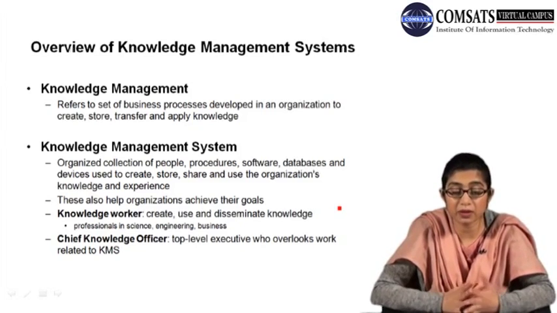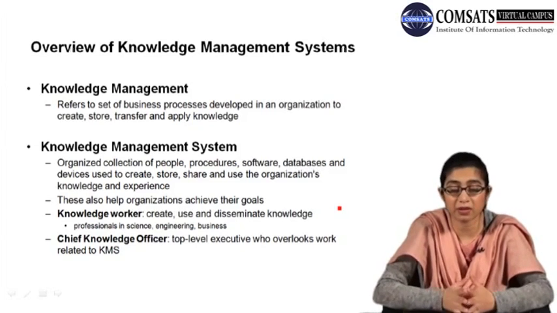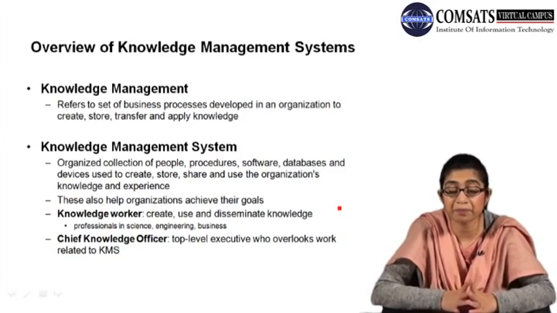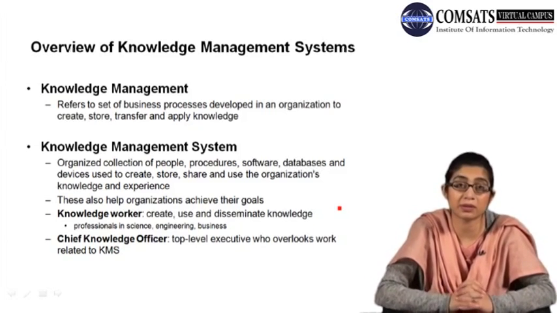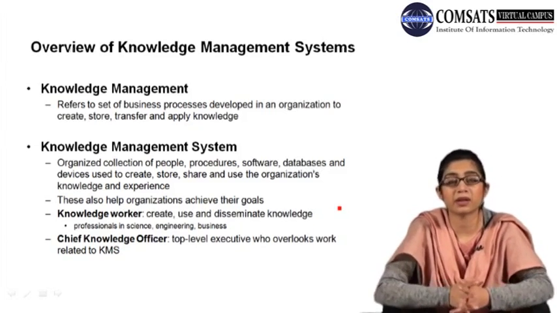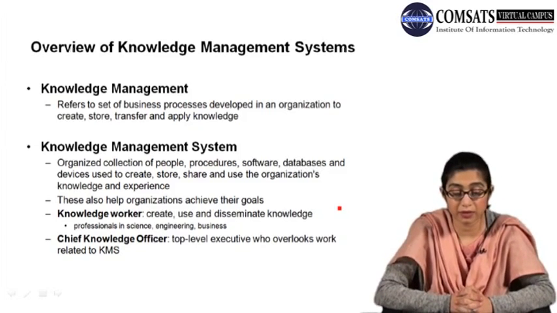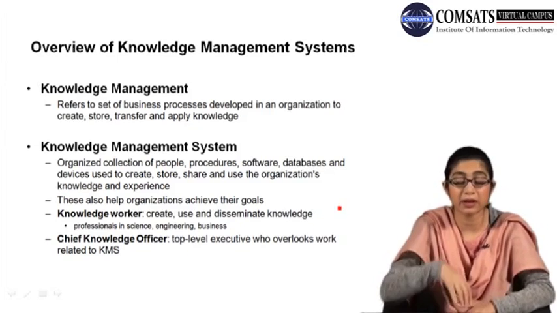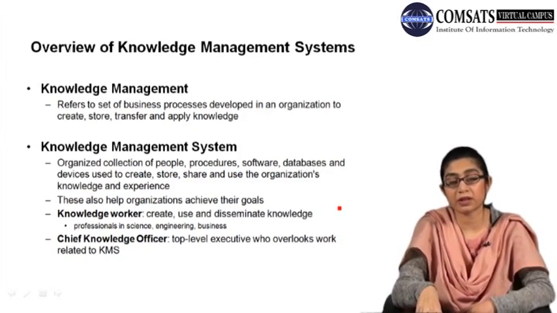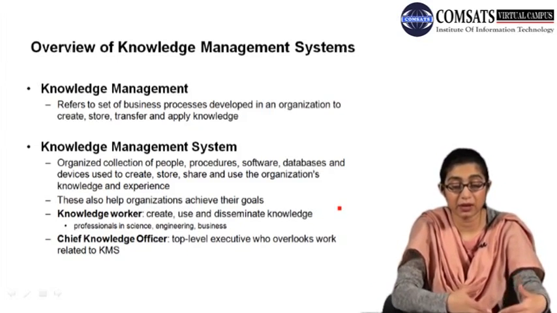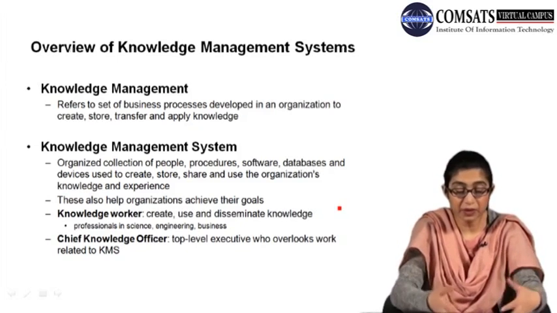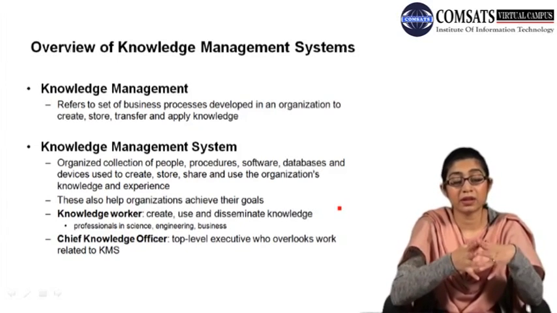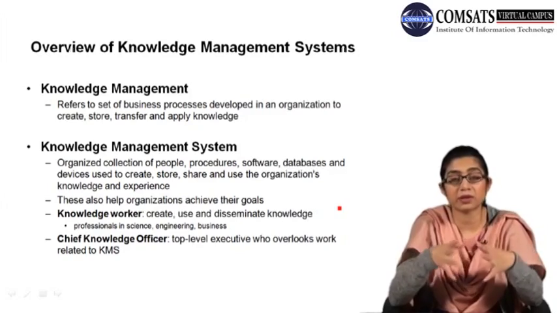And then we have the chief knowledge officer, like the chief executive officer. He's a top level executive who oversees the working of the knowledge management system and the people associated with it. So these are the key persons working with knowledge management systems: number 1 is the knowledge worker, the middle management, and the chief knowledge officer, the top level